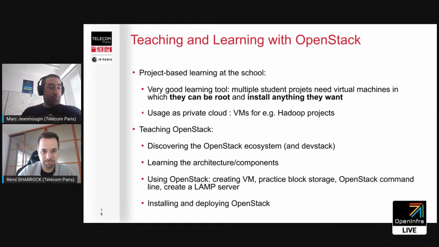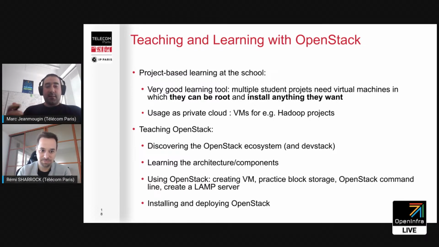We also teach OpenStack itself, because it's a private cloud environment that all students in computer science might be interested in learning and also might encounter further in their tech career. So we use DevStack for that. We have VMs in our OpenStack clusters that spawn DevStack projects with an OpenStack environment, which they can administrate, which is kind of meta and cool.